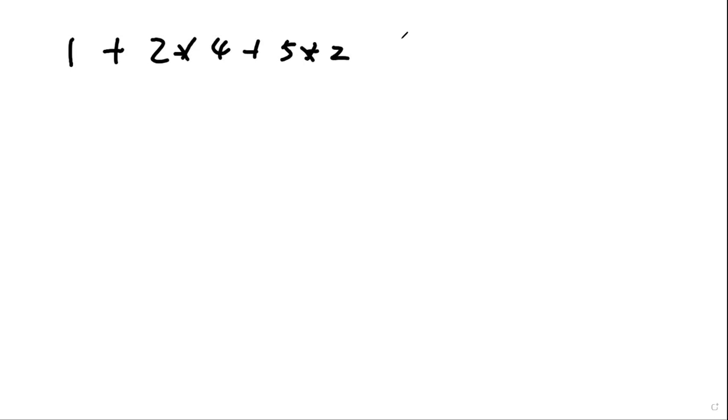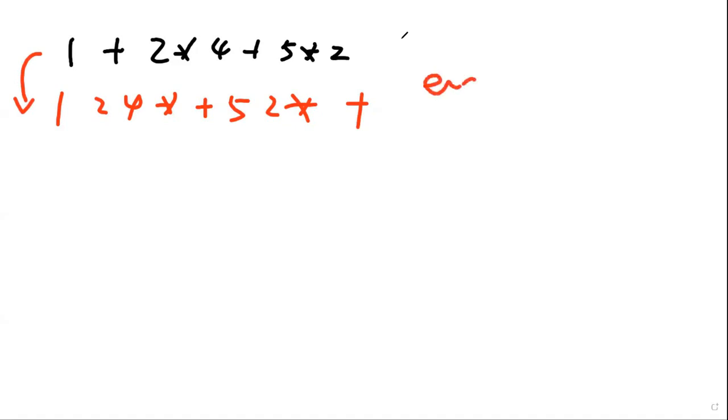So it'll be 1 2 4 times plus 5 2, I'm sorry, 5 2 times, and then plus. This one is postfix. So we translated this one to this one. Then when we would like to evaluate this expression,